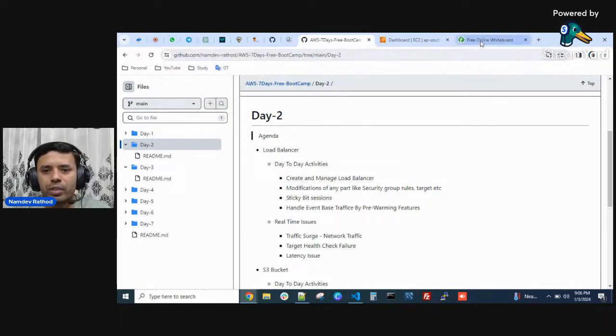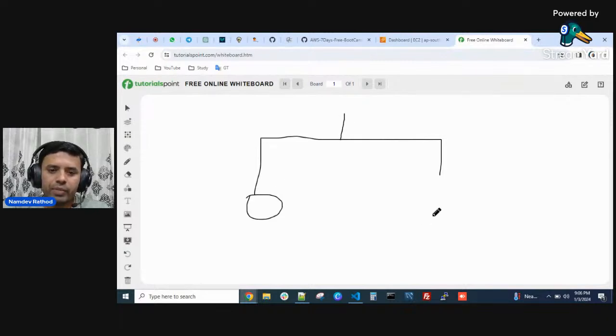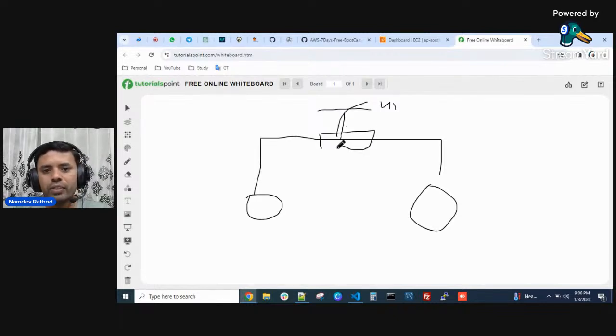So let me draw one simple diagram here. Let's say we have a load balancer here, and behind that we have two servers for now. I'm just showing how the load balancer works. Let's say the user is here, trying to access your application URL. So what will happen here, your load balancer will check